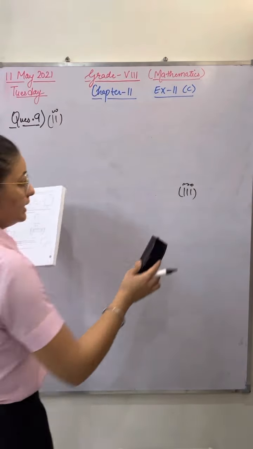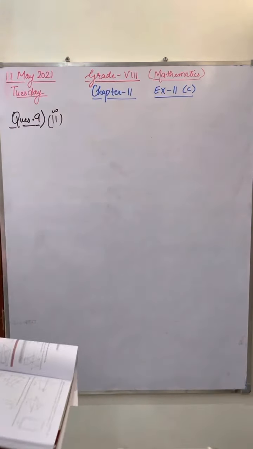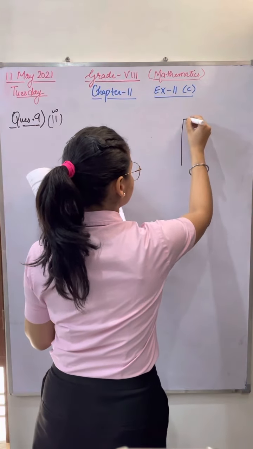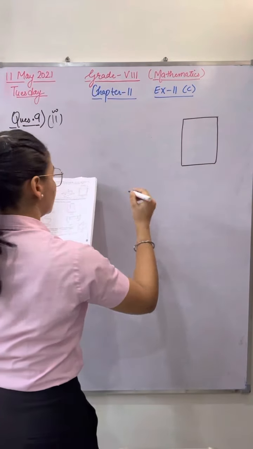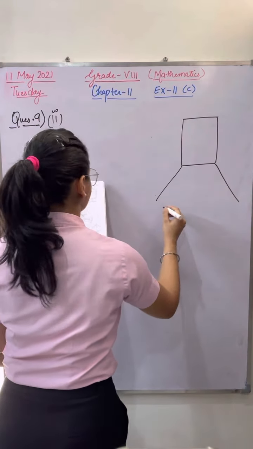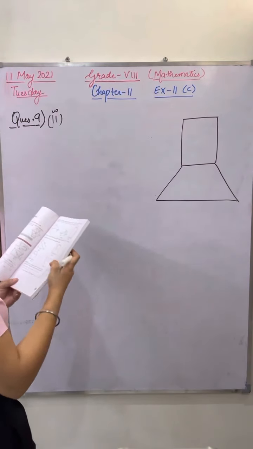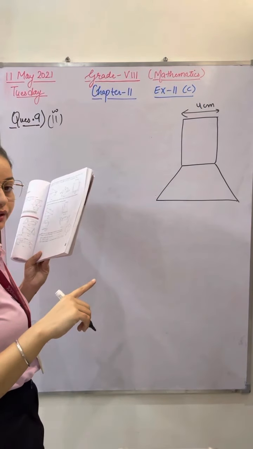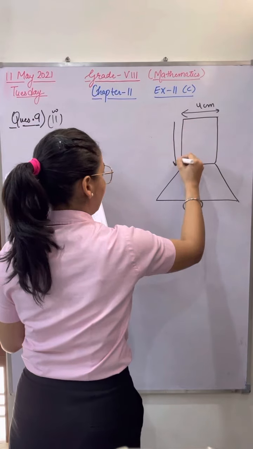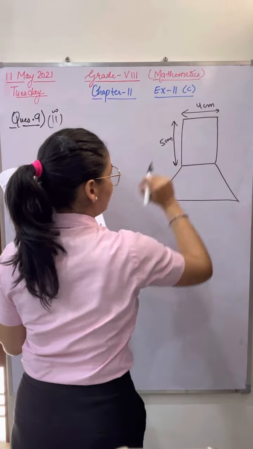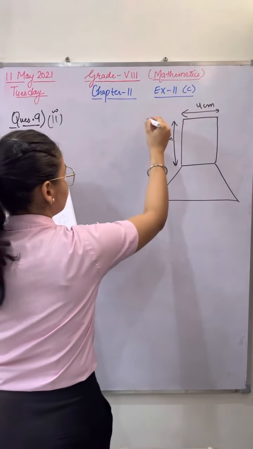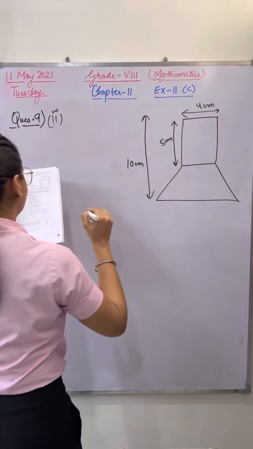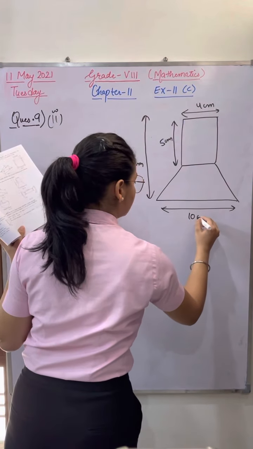This exercise is very important and very, very easy. It is just based upon your understanding. Right, so whatever is given, you have to write down in the figure. Always make the figure in the paper and in the notebook. Without the figure, I will not give you marks. This is 4 centimeter, this is 5 centimeter. Okay, this complete is given, that is 10 centimeter. Okay, this is given 10 centimeter.